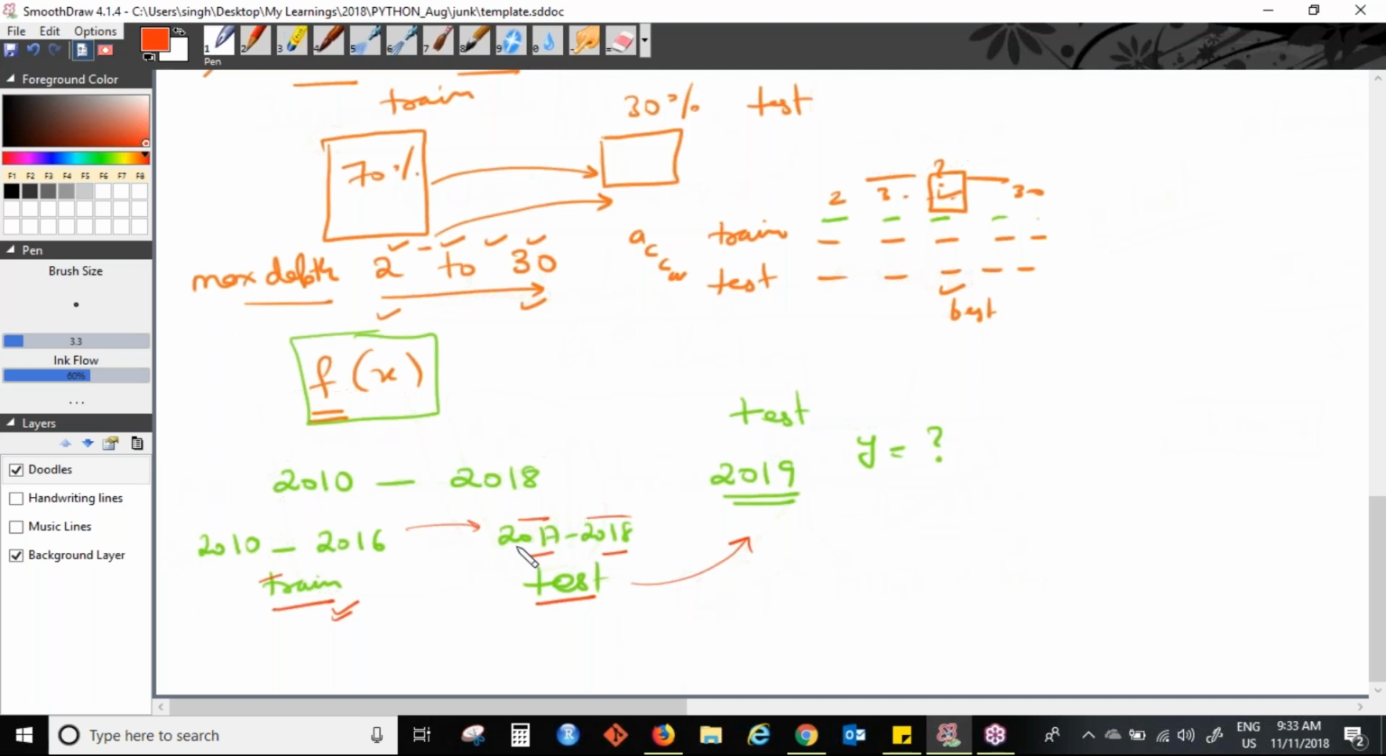The flaw in this approach is that we were changing, let's say we are running a decision tree model. So we have our max depth. Now we change the value of max depth to get the best accuracy for 2017 and 2018. This is what we would do, right? We would try different values of max depth, and whichever gives the best accuracy on